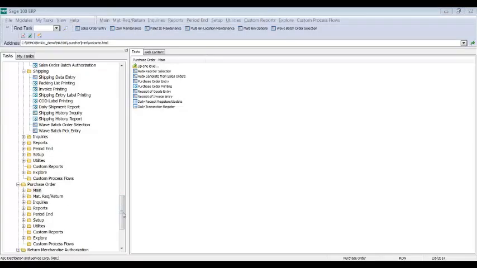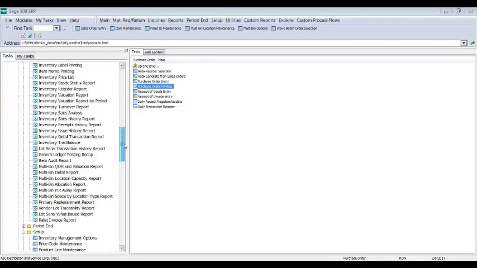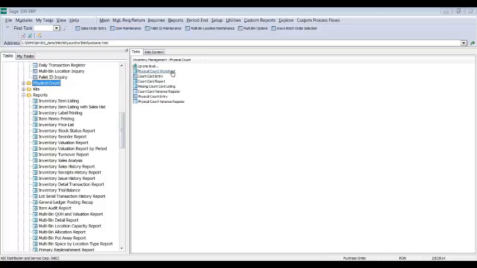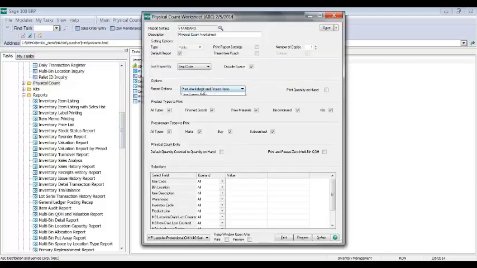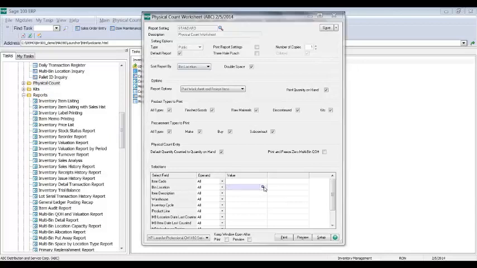Okay, so let's go to physical count here real quick. So under physical count, I can select worksheet. First of all, I'm going to do a clear and ensure I have a fresh start. In my example here, I can do an example of a nice cycle count. So here I can select, do a count by bin location. I want to print my quantity on hand on my worksheet, and I want to default the quantity counted in my freeze. I can select a range of bin locations,